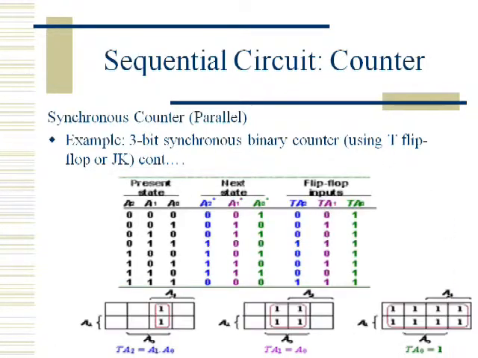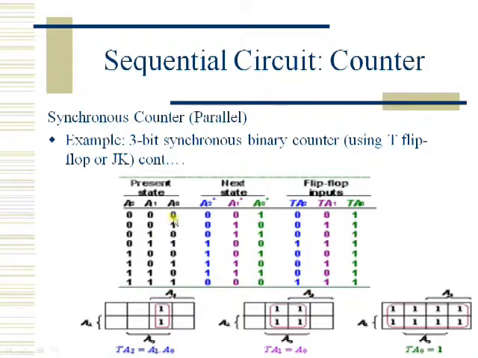Now let us see how to design a 3-bit synchronous counter. Again we have to follow the similar procedure, that is, initially we have to go with the state diagram, which is going to represent the present as well as the next state. From the state diagram you have to get the functional table, which represents present state, next state as well as the flip-flop inputs. As it is a 3-bit synchronous counter, we get a total of 8 states, starting from all zeros to all ones, which is nothing but 7.